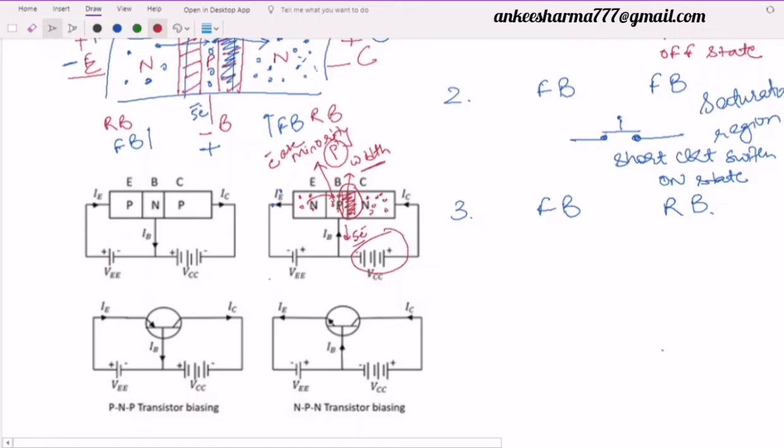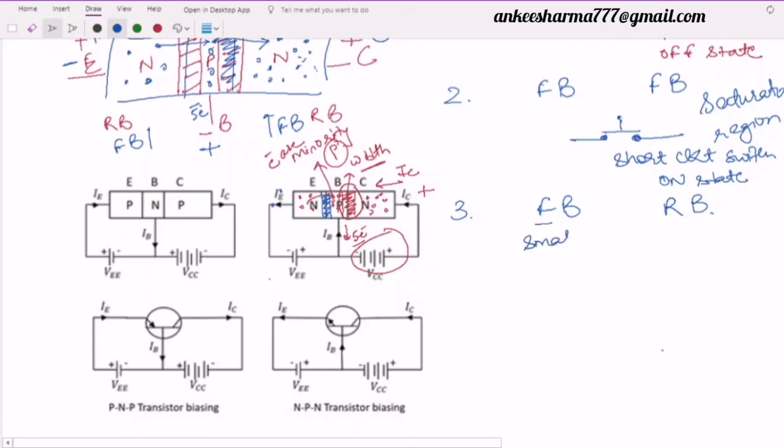ये कहाँ पहुंच जाएंगे? कलेक्टर पार्ट में पहुंच जाएंगे, and due to that a current will be generated, that is IC current, because you can see here we have a positive terminal over here. The holes will be supplied from this side and the electrons are here, which combine with these holes, and the recombination will occur and collector current will flow. It means in the forward bias we have a very small resistance, which we have seen here in the emitter junction. This is my emitter junction. We have seen very small resistance because of the forward biasing.